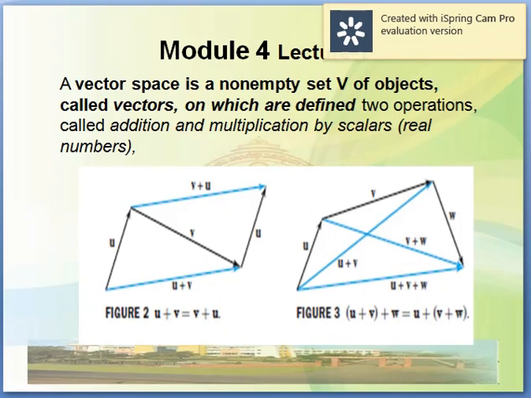A vector is one which has both magnitude and direction. Let's take a vector u and then v. Then by the law of triangle, u plus v is given by this. And we know there is a law of parallelogram. Even if we have three vectors u, v and w, the sum of them is u plus v plus w, and the things hold good. To learn a bit more regarding these vectors,